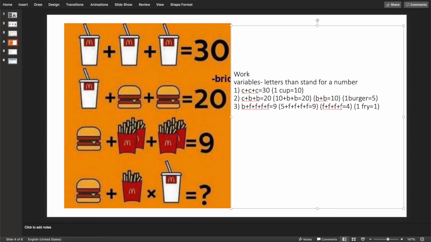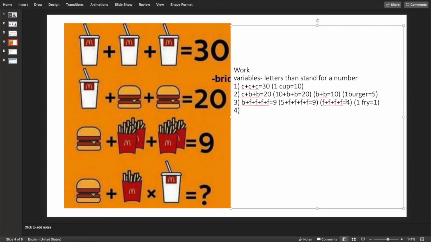All right. Now, let's go to the last row, because here's really where PEMDAS comes into play. I have a burger plus 1 fry. Notice the difference. Up here, we really had 4 fries that we're adding together. Here we have 1. So a burger plus a fry plus, now we're bringing back a cup, equals. Okay, let me fill in what I know. I know that a burger,